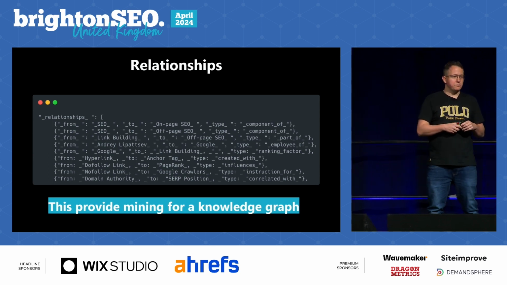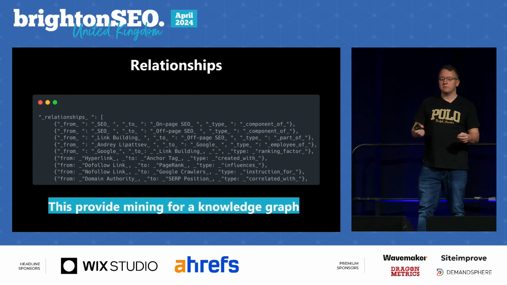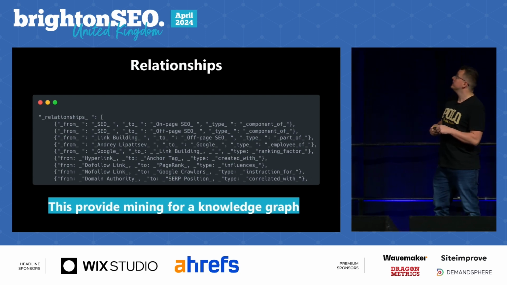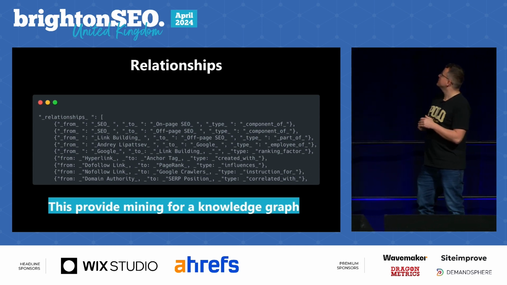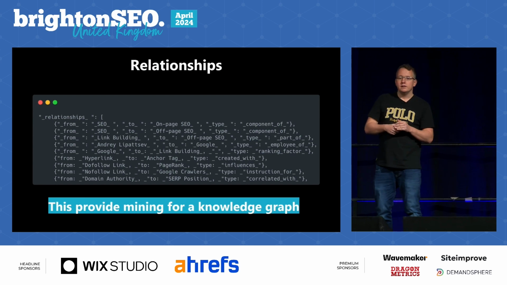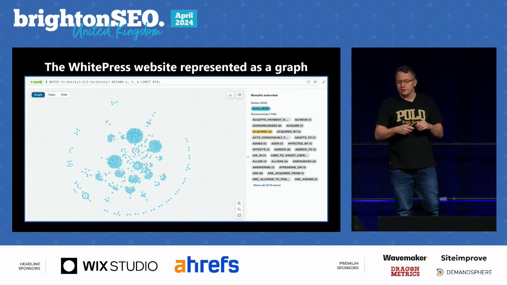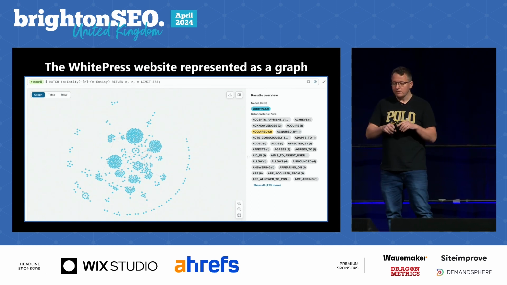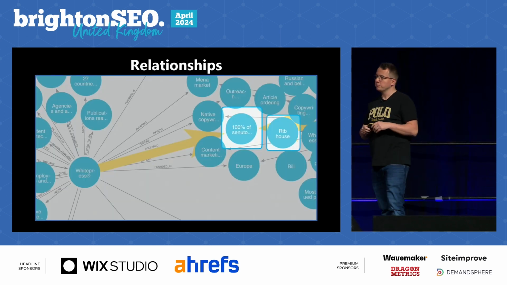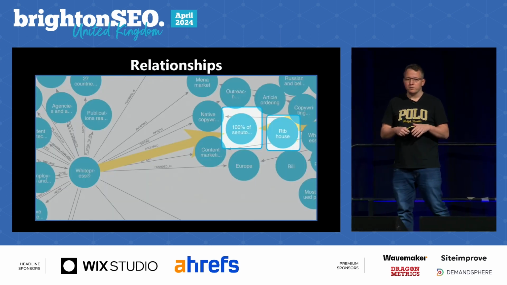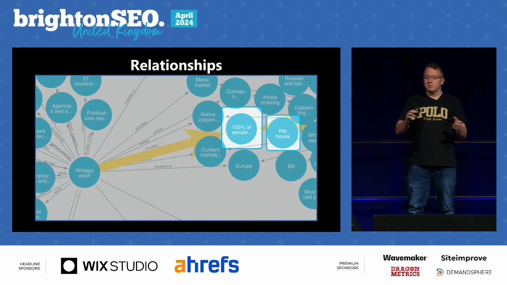So Llama can also provide you relationships between those entities. From that particular part of knowledge, I know that on-page SEO is a component of SEO. Also, anchor text is created with a hyperlink. So that's how the connection in the graph database is made. So this is the graph representation of the WordPress website, including all the connections. I can explore the connections between different entities. For example, the entity that WordPress buy 100%